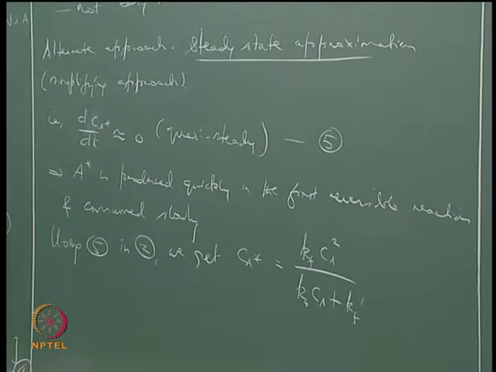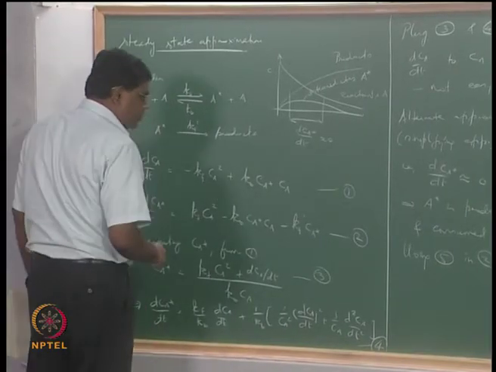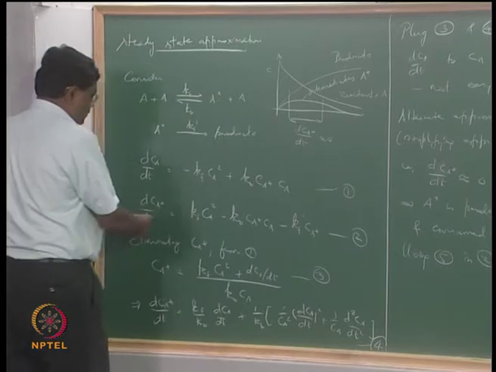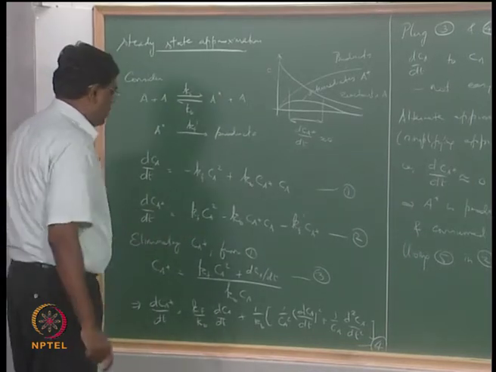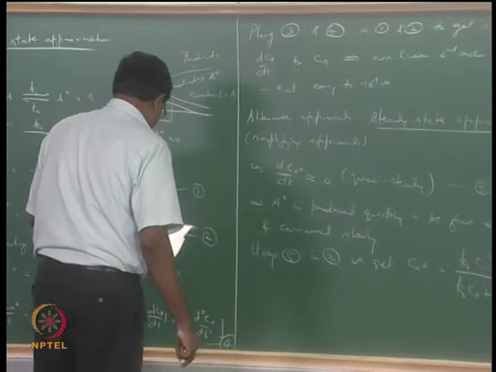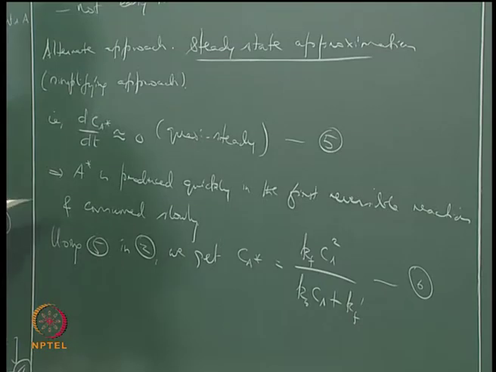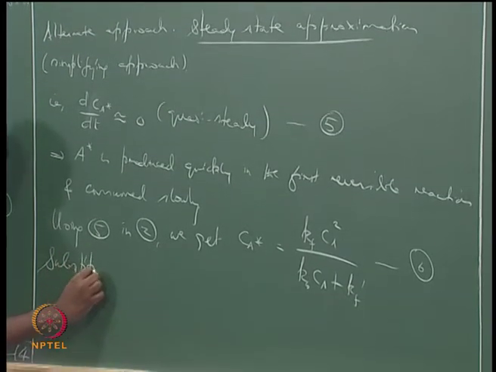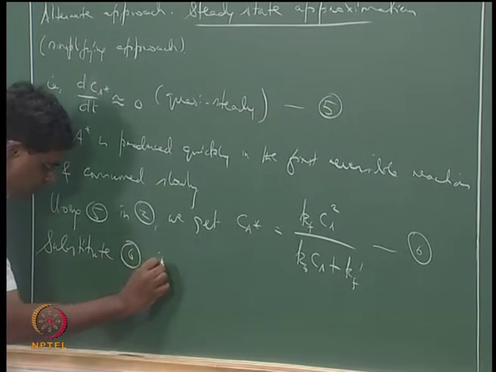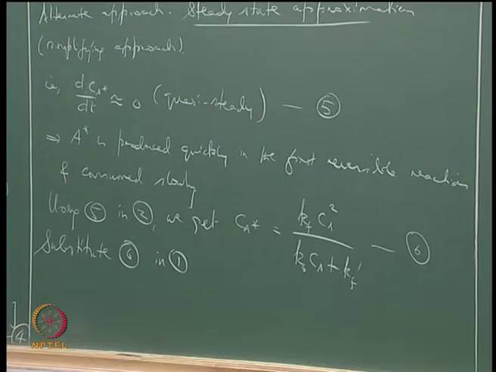Not very difficult to figure that. Just have to pull out Ca star wherever it appears, set this equal to 0 on the left hand side, so you can collect terms together and do this. Now let us call this 6 and substitute 6 in 1, the first equation, to get